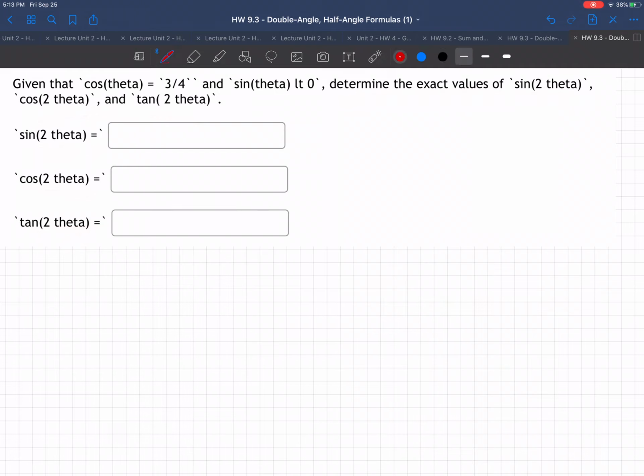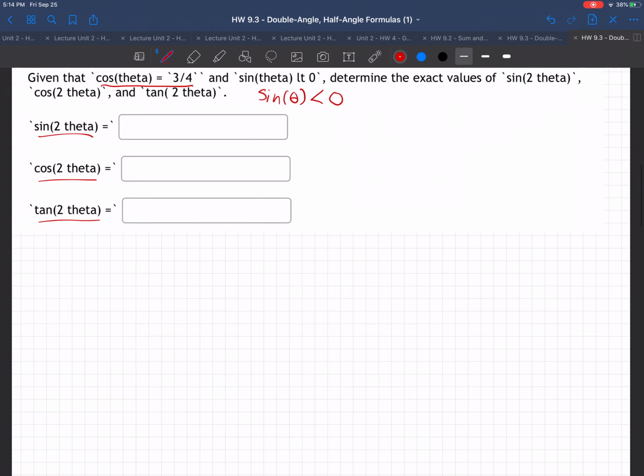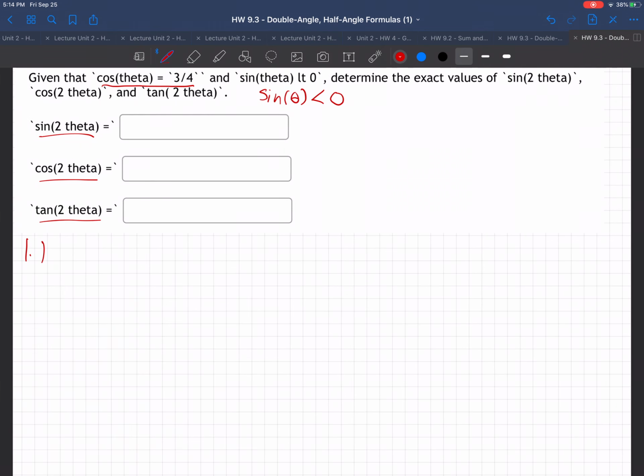What this is really saying here is that the sine of angle theta is less than 0. And the cosine of theta is 3/4. And they're asking me to find the sine of 2 theta, cosine of 2 theta, and tangent of 2 theta. Okay, so this is going to be a lot of work. So step number 1, find the quadrant